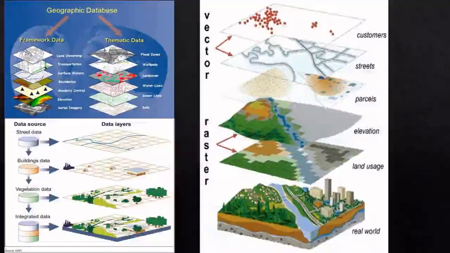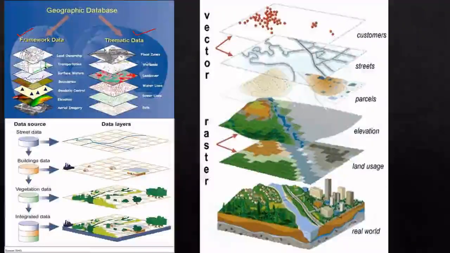So initially we saw that the basic information which is needed for the performance of GIS is data or information or input. Okay, so this geographical database, the collection of data is called database. So this geographic database consists of framework data as well as thematic data. So framework data is composed of frames and thematic data depends on themes.